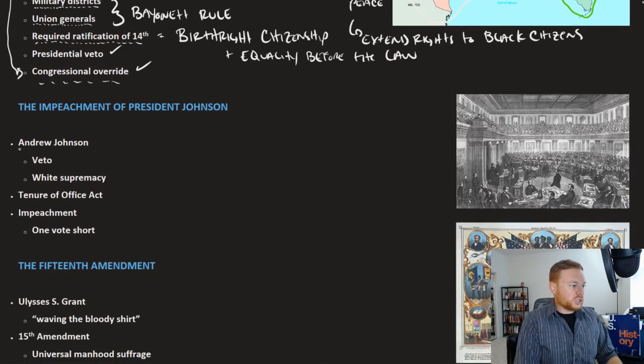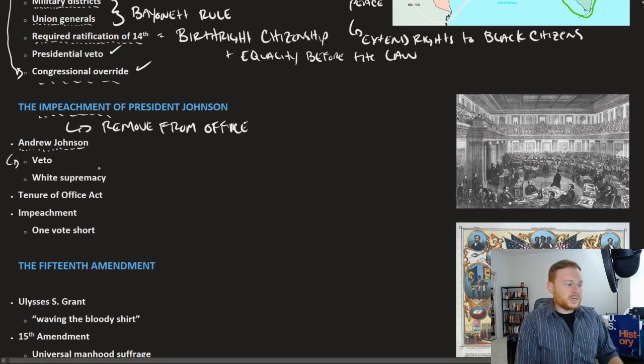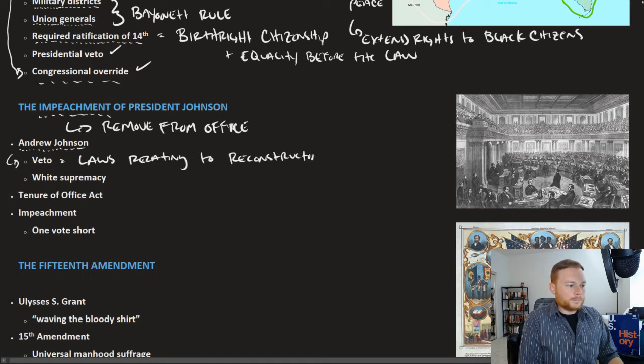However, President Johnson has been a thorn in the side of Congress for quite some time, and Congress moves to impeach him. To impeach means to remove from office. And there are two reasons for that. One is Johnson's continuous vetoes, especially vetoes on laws relating to Reconstruction. In some ways, this is kind of like the climax of President